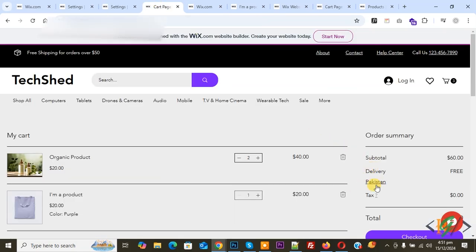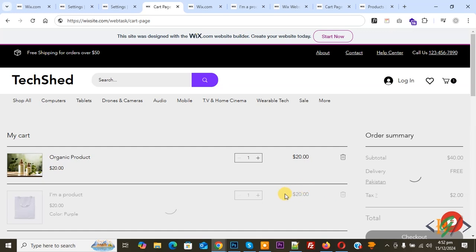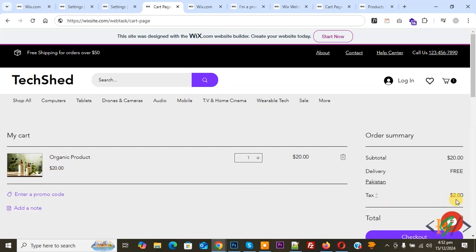Now go to the cart page. Now you see Pakistan, and refresh the page. Now you see we have organic product 1, tax $2. If we remove this product, again you see $2. Now increase the quantity. Now you see $4 because we assigned 10% for this product. So you can add